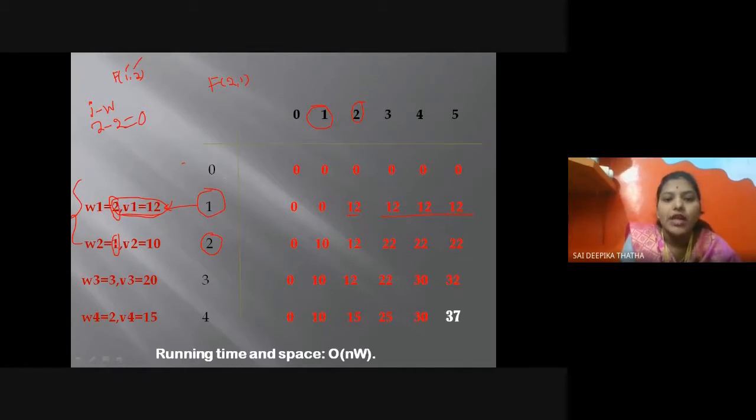So, what can I do now? I am taking 1. Compare with the value of j. j value is 1. That 1 is present in which weight? That is present in W2 weight. So I can keep the value of the weight which corresponds to 1. That is, W2 value is what? Second item value is what? 10. So straight away I can fill 10 here.